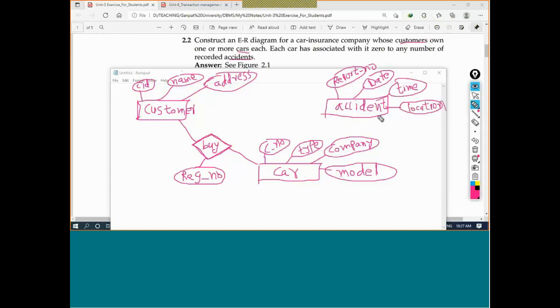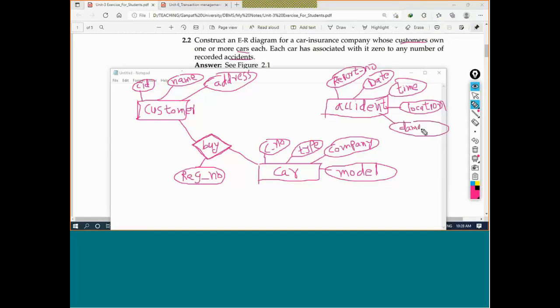Some other things you can add, such as damage type, if you want to specify a specific type.